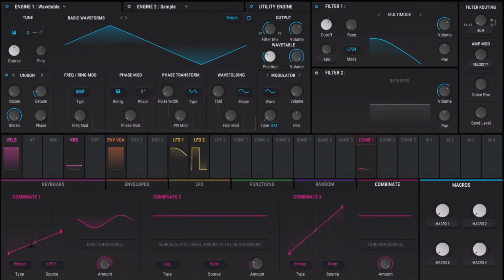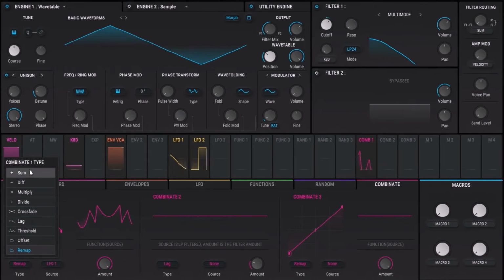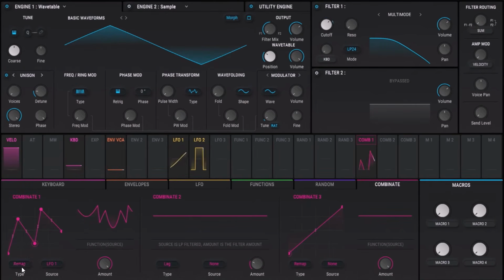So again, right here you can create whatever waveform or curve that you want. I could do an M or something like that, and notice that it will reshape the source to whatever we have right here. And of course you can modulate the amount just to get something else. Right? So super easy and super fun. So I would use the Combinate, whatever it is that you get right here, to get some uncommon pattern or some type of modulation that maybe